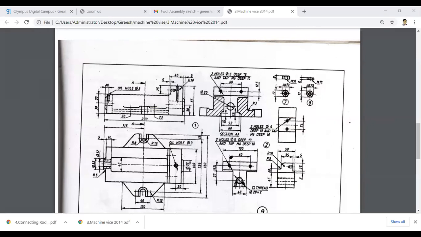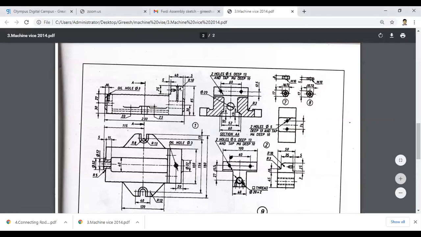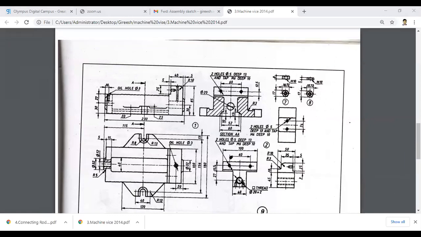Here the round is given. If you see the drawing, the round of 5 and 10 mm is given. So take this round option of 10 mm. Select a fillet between these two lines with a 10 mm radius. Then you say the return option.